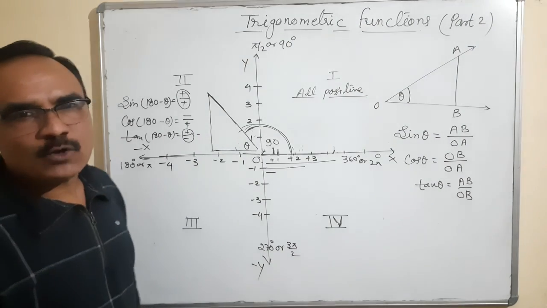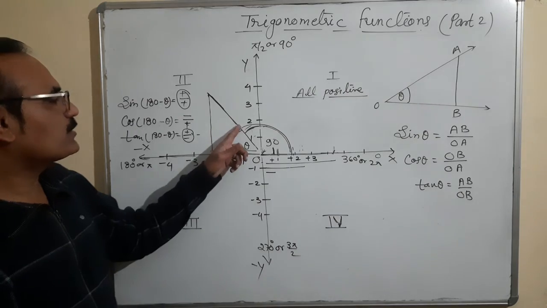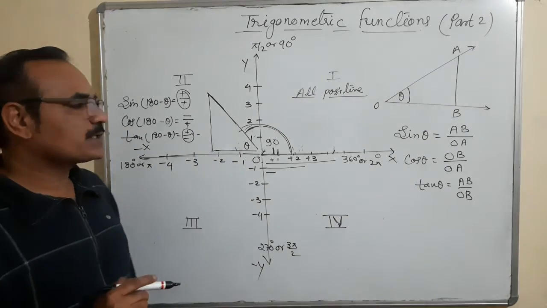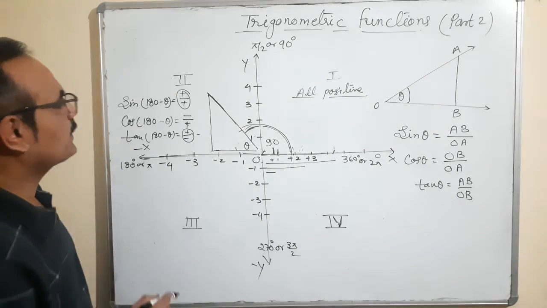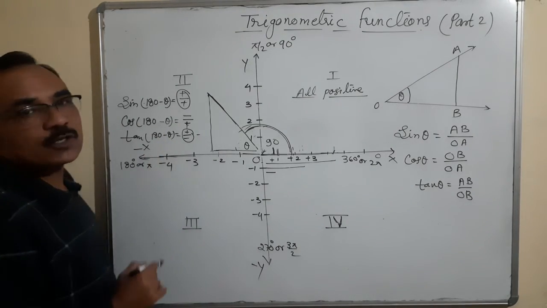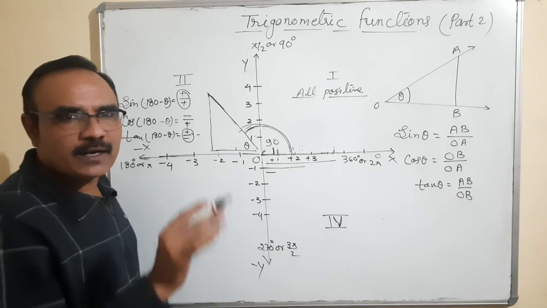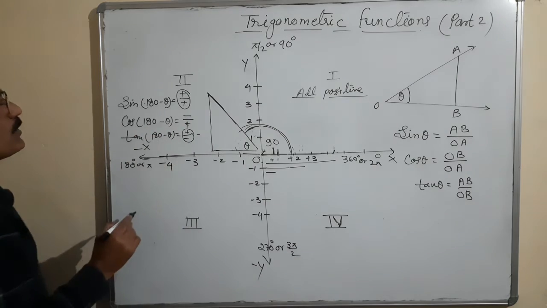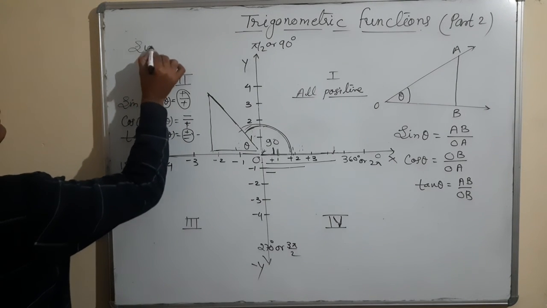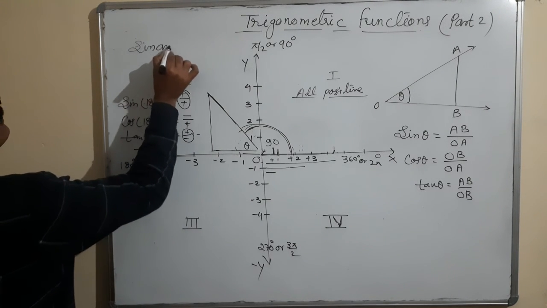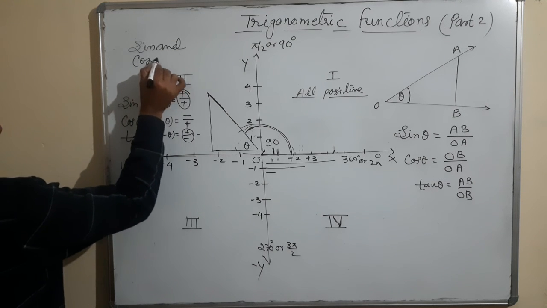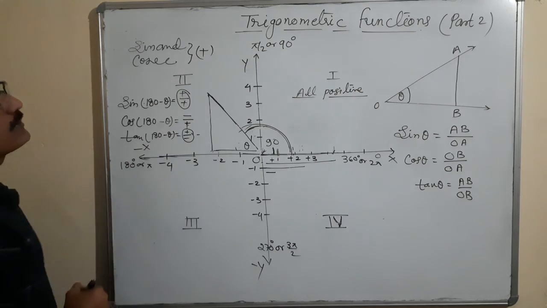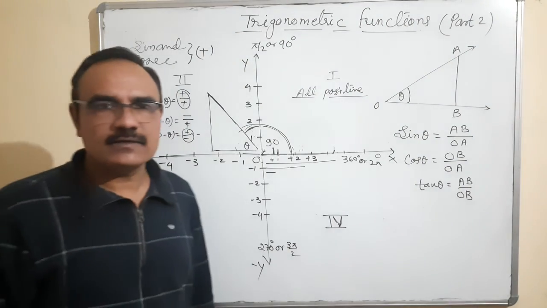Okay. When I take cosec, cosec is hypotenuse upon perpendicular, both are positive. So you will understand one thing, that out of 6 trigonometric ratios, there are 2 trigonometric ratios, one is sine and second is cosec. They are positive, the other 4 are negative because one of the sides is negative. Okay. So here what happened? Sine and cosec are positive, and others are negative.